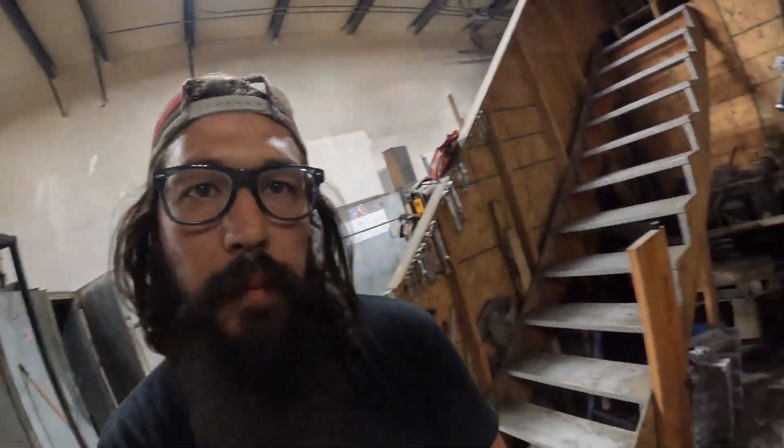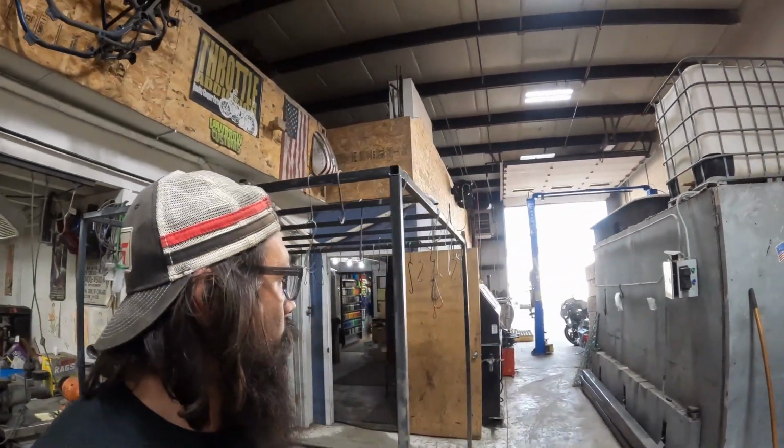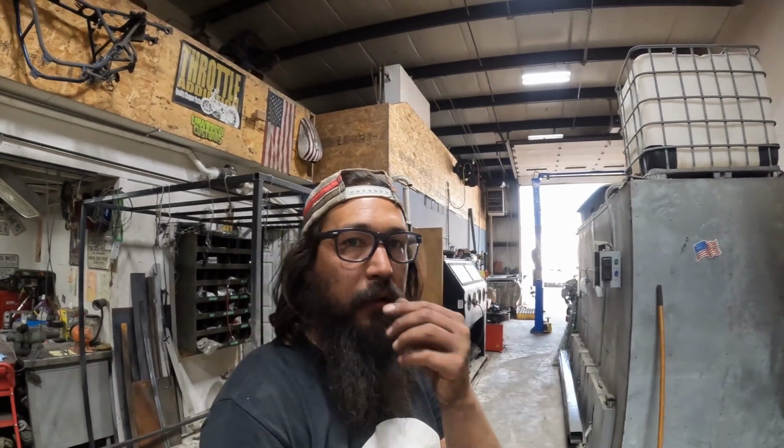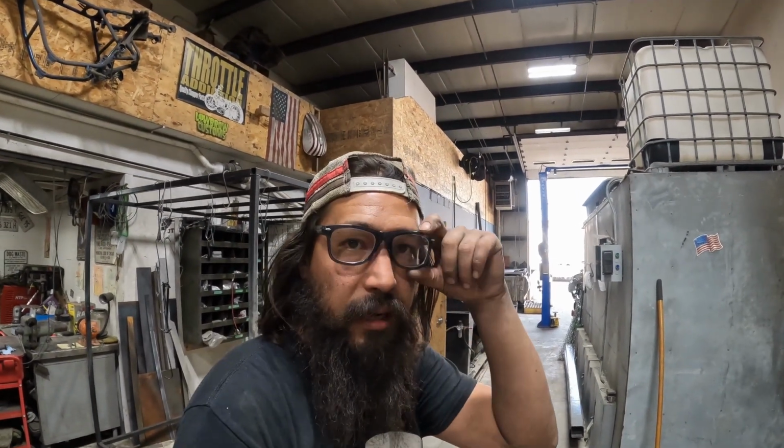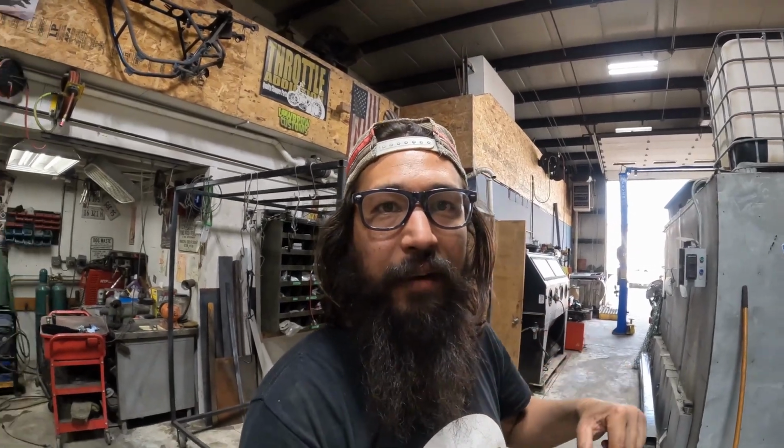Not too bad. Just a matter of remembering which way it comes out of the bike. I started early, got the sporty motor out. That was the big part. I wanted to bring that home. I'm not doing that now just because my truck is filled with a bunch of crap and I gotta recycle all those tires from customer jobs that have been sitting around forever. So I'm gonna do that tomorrow, bring the truck back here again,